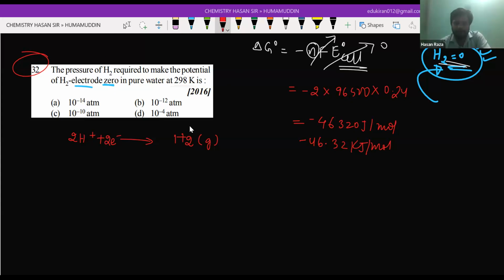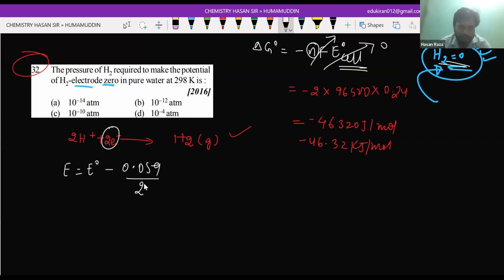Yes, sir. So to get H2, you have to convert H plus. H plus will gain electrons to convert itself into H2. Now you are going to apply the Nernst equation to this. So E will be equal to E naught minus 0.059 upon n. n is how much? 2. Log of, as I told you,